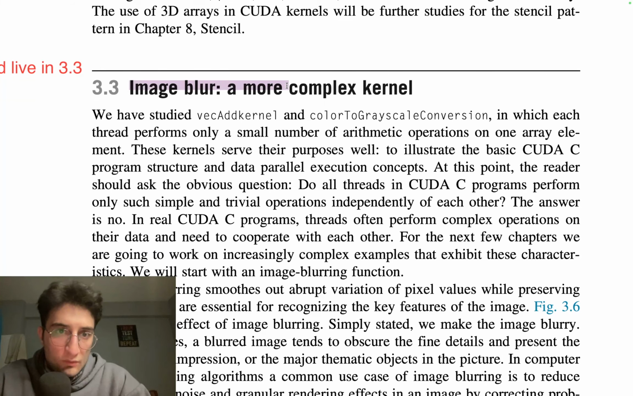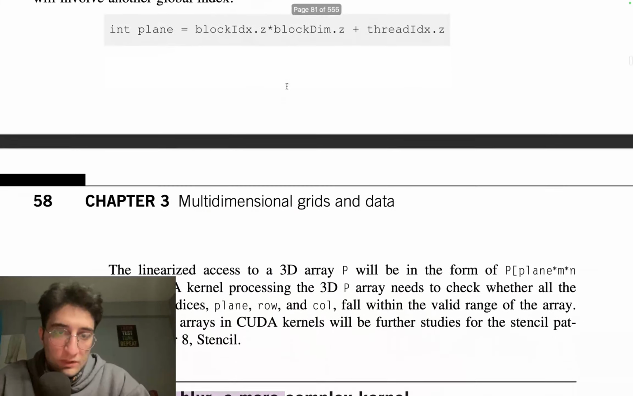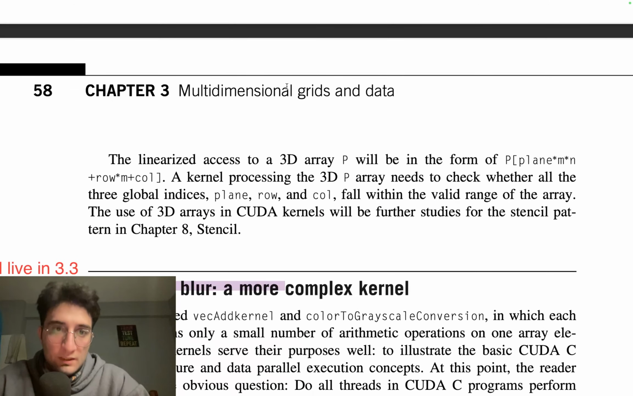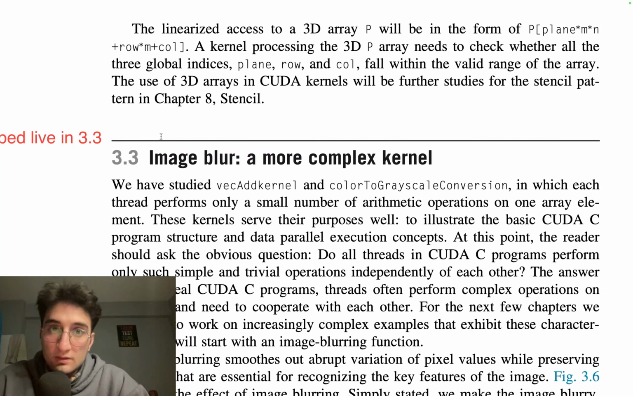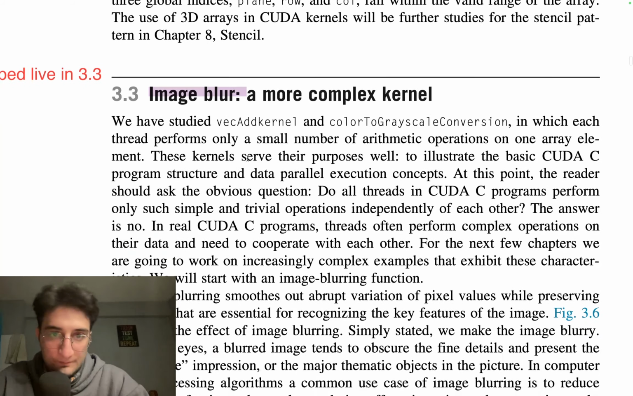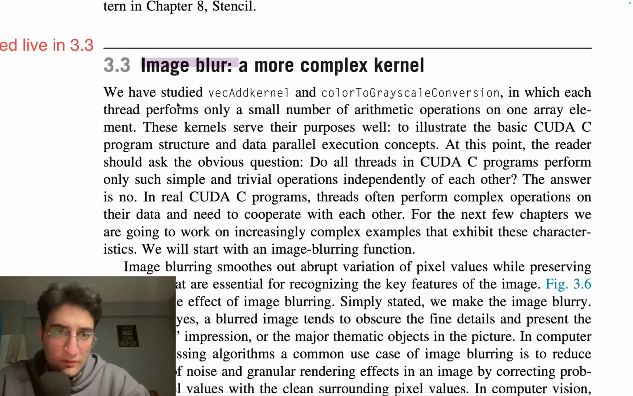So right now it was an application about vector addition, and it was an easy application. Now we're going to figure out how to use kernel functions and parallel programming in an image blur application. So let's read it together. We have studied